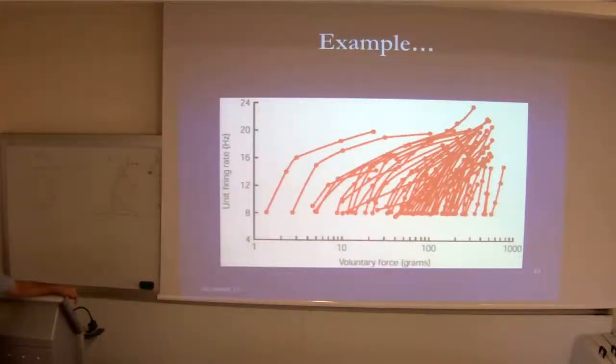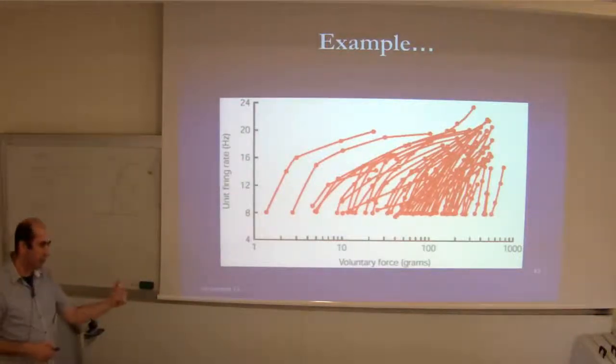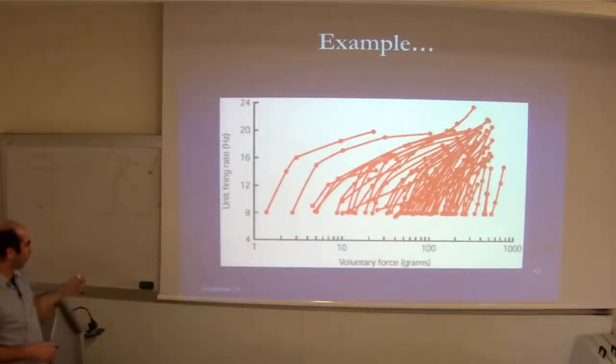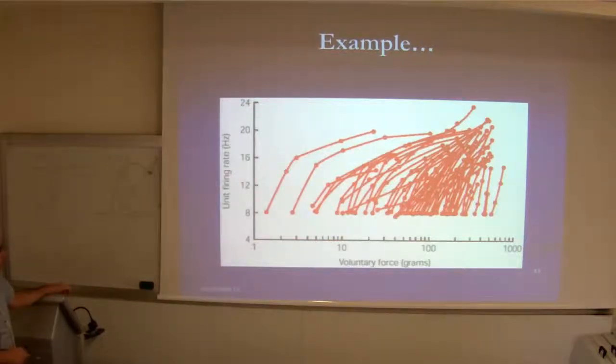The idea that you recruit stronger muscles gradually. So, for example, what you do here is that you tell the person to apply some force on a force meter, all right? And then you can measure the force, and you can also measure the firing rate of the axon, and you can see that at low weight, you get a slow response in terms of how many spikes you get per increased weight,